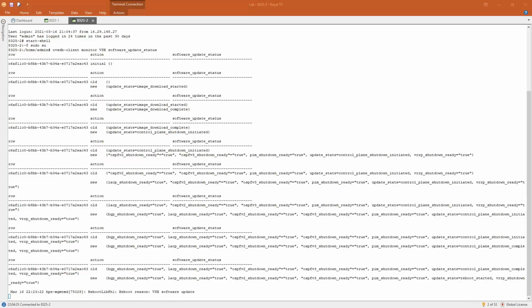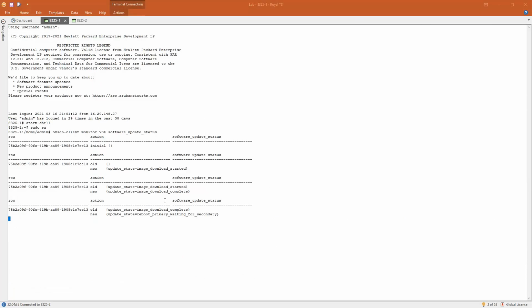So at this stage, unless we want to keep that, this window will not be updated any longer because I'm out of the SSH session of the secondary. So I will focus now on the primary and see what's going on there.